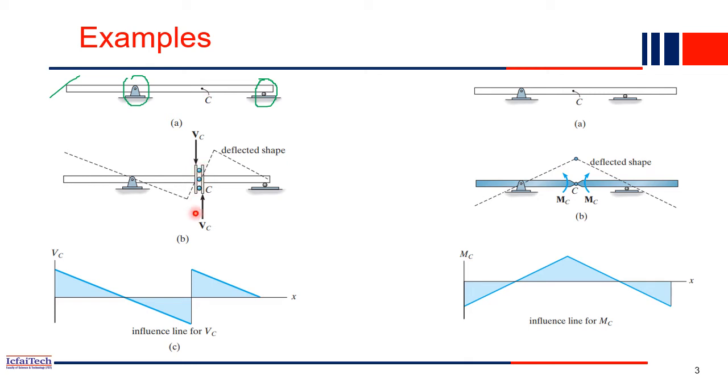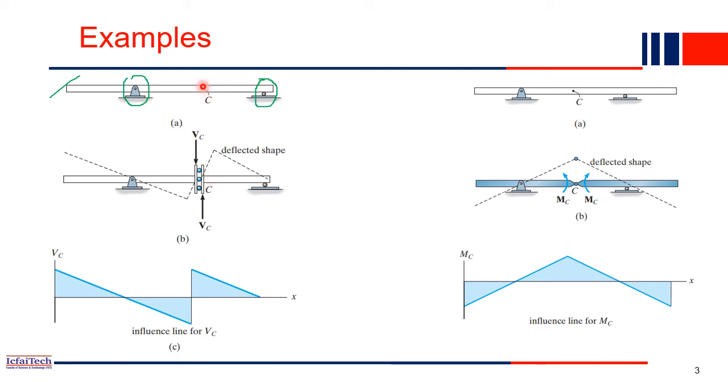So first we will release this direction. Earlier it was a rigid bar, right? Now we replace this rigid bar with a roller. Why do we put a roller? Because of this roller, this point can easily slide up here. Once we replace this point with a roller, we apply a shear force VC, because our question asks to draw the shear force influence diagram at this point, right?